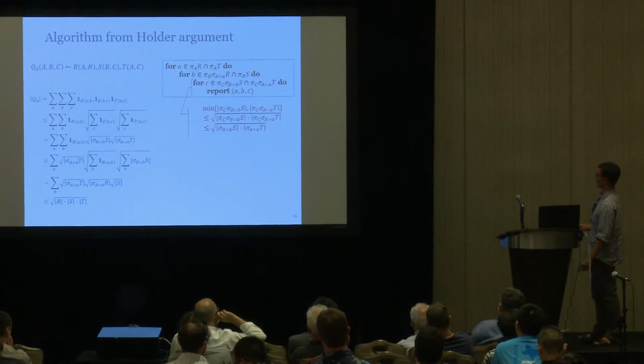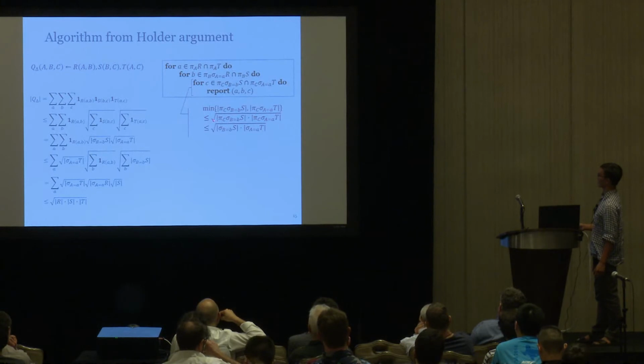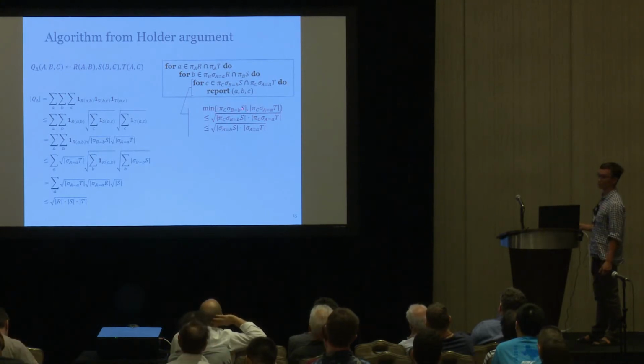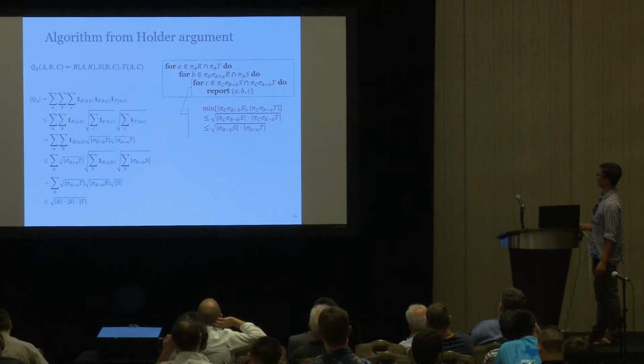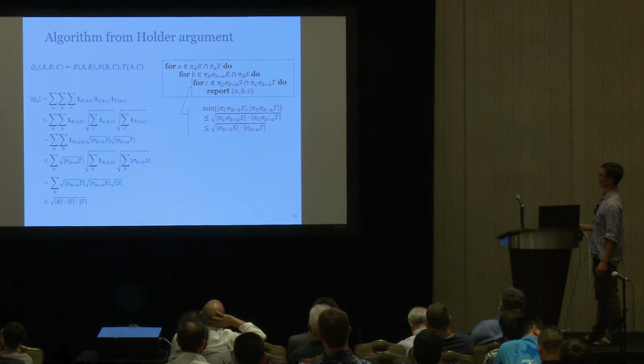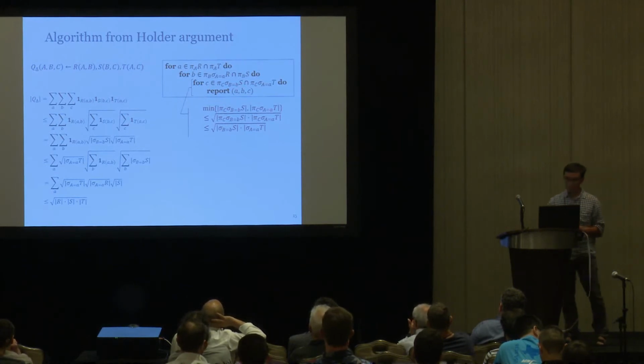So it's bounded by the minimum of the two sets. The minimum is bounded by the geometric mean, which is the square root of the product, and then it comes out to be that expression. So this whole thing says that we can intersect two sets in the time it takes to iterate over the smaller of the two sets. That's very simple. Now the outer loop,